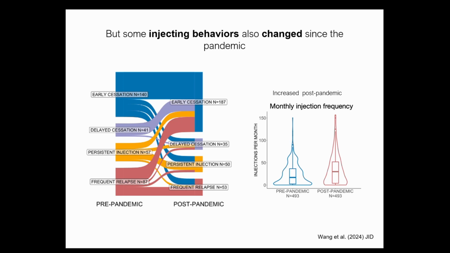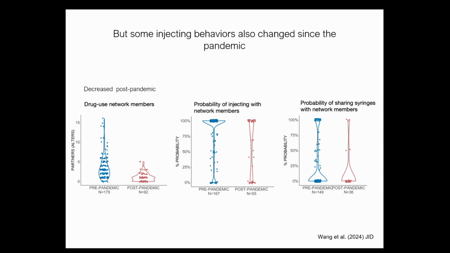And what we're seeing is those individuals. So we did a bunch of sensitivity analyses of these, and we don't think that's what's happening in this population, that we're only collecting the data from individuals who are more likely to have those early cessation patterns. And not just injecting behaviors changed, but others did too. So people were injecting with fewer other individuals. People were more likely to reduce their probability of injecting or sharing syringes with other people post-pandemic versus